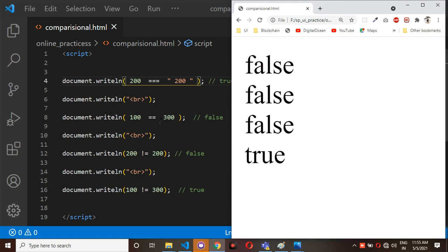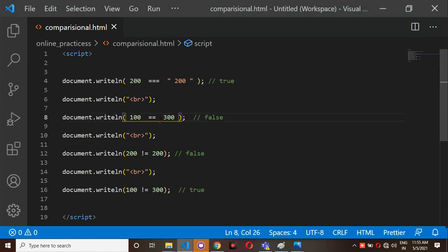In the same way, here I am using the not equal to operator. For example, the triple equals will check whether both values are equal or not, as well as whether both values are the same data type or not.